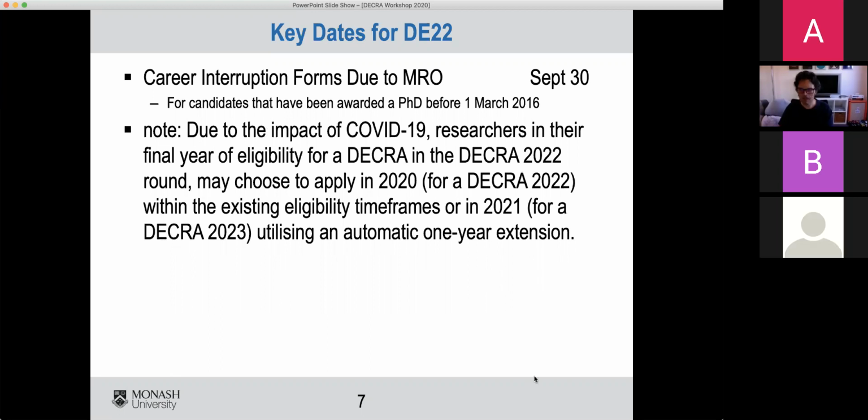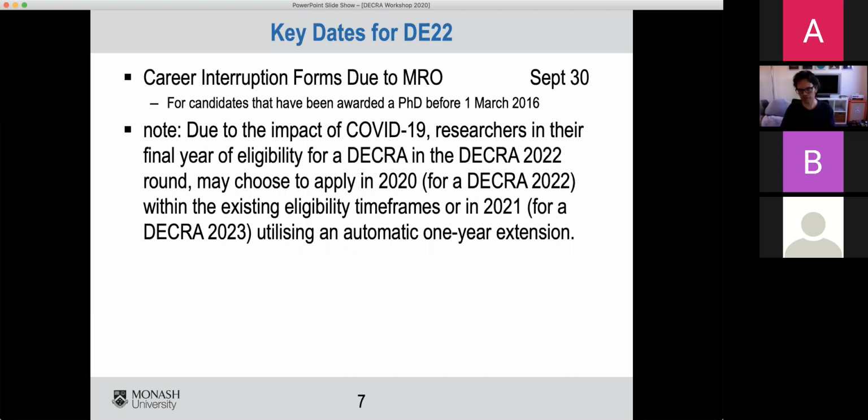Sorry, yeah, I'm not sure. This is why I emailed somebody earlier today, because my PhD was in May 2015. So that would exclude me from 2022 unless there's this COVID thing. Yes, so this would be if you were in the last year of eligibility for the next round.